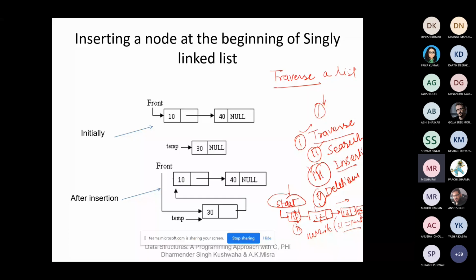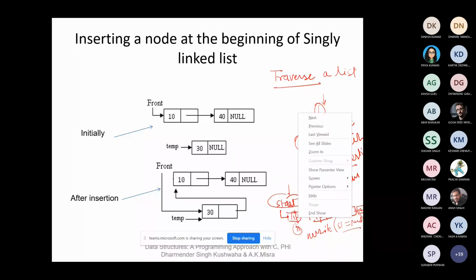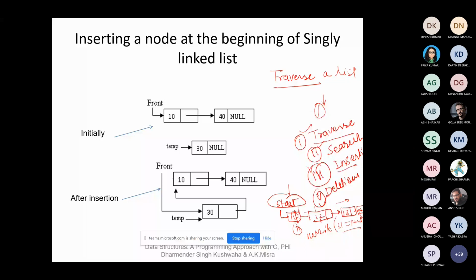Ma'am, because if we first use the start pointer, then there will be no pointer pointing to the first node. So that will be lost. Right? Yes. If we take the start pointer again for pointing to other nodes, then it loses its value for the first node. So if you want to traverse the list again, you don't know where the first node is. So the starting pointer contains the address of the first node, and we assign another pointer that will traverse from one node to the other node.